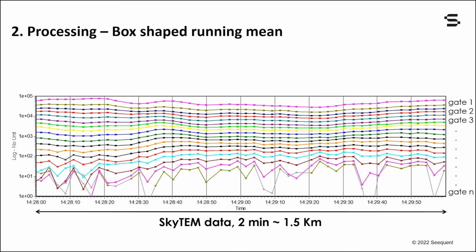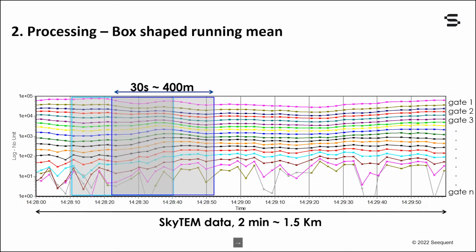So what I mainly want to talk about now is the Trapezoid filter that we have. It's a running mean filter, and I'll explain why it's a trapezoid shape. So first, if we take a box shape, that would be the normal way to go. This picture shows you all the time gates with different colors. The early times are at the top and the late times are at the bottom. And then you have a profile of 1.5 minutes, 2 minutes. So if you have a box-shaped filter, that for example could be for 30 seconds of data, and we move it,